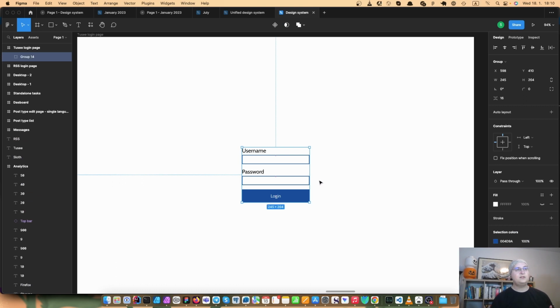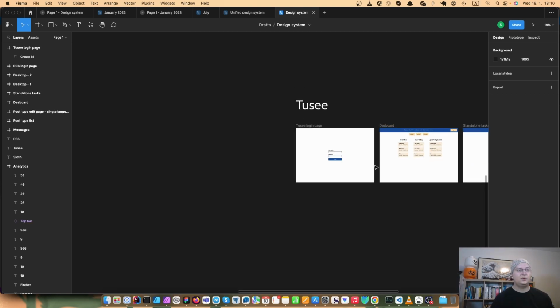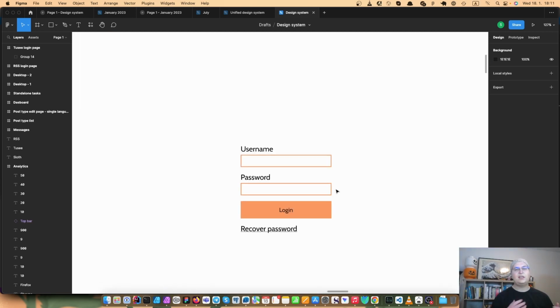The big difference between RSS and Tussi is that Tussi does not have the ability to recover password. No, at least not at the moment. I might take a look at it in the future when I refactor the application, but as it is now, it didn't make sense. And when I go to Sloth, it is basically the same as RSS, but